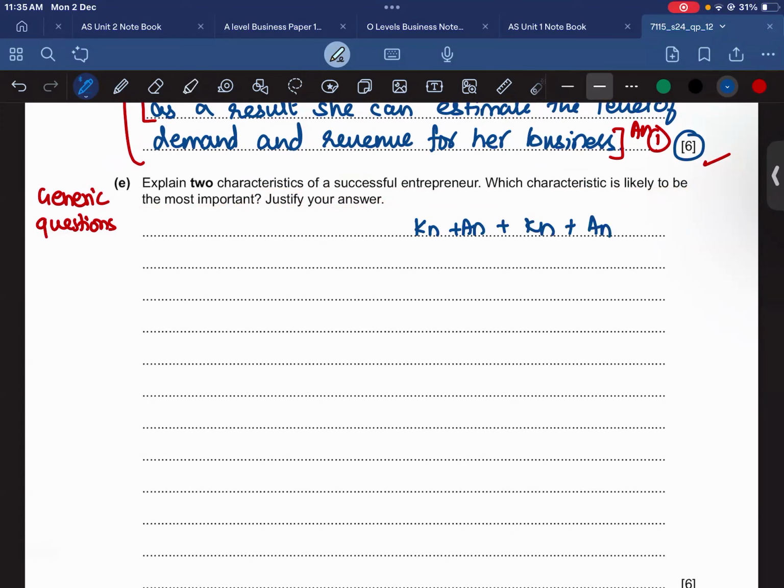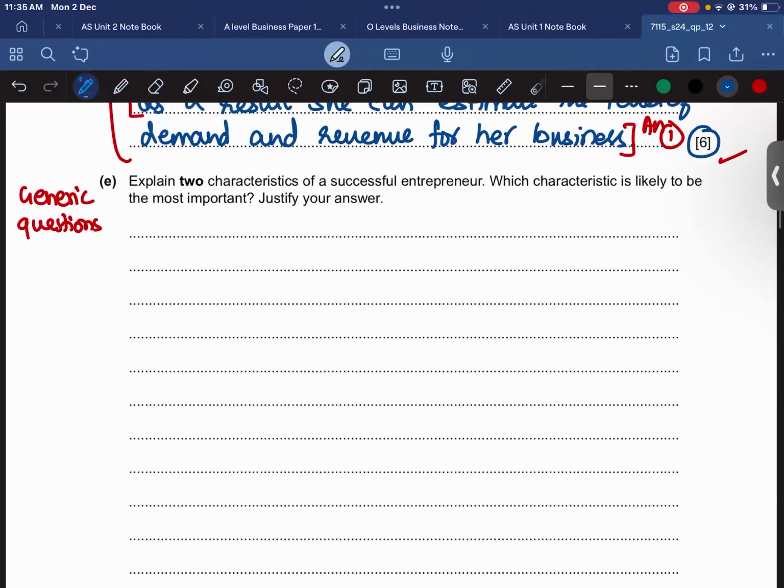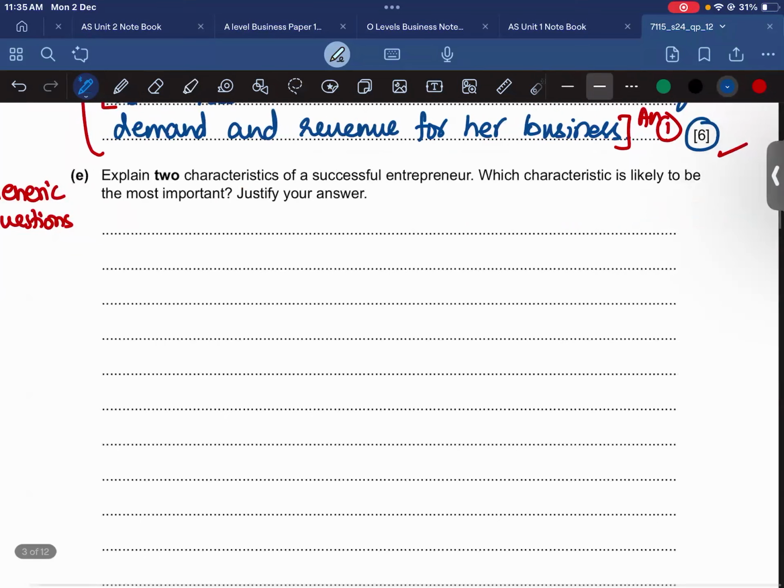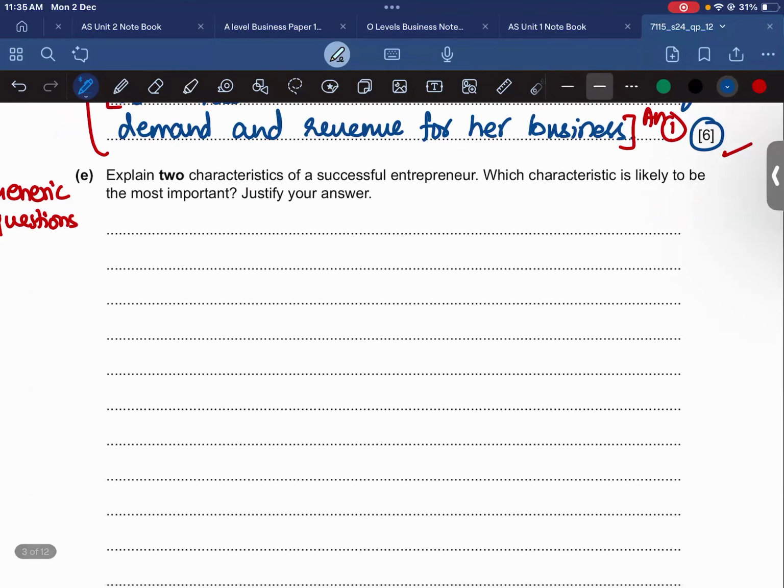You will have to write it down. All right. It will be the judgment, then the justification. Out of the two, which one you think is not important and why? So let's write it down, the answer. Then over here, you can see that one of the characteristic is that the entrepreneur must be creative. So you can straight away start your answer that an entrepreneur must be creative,